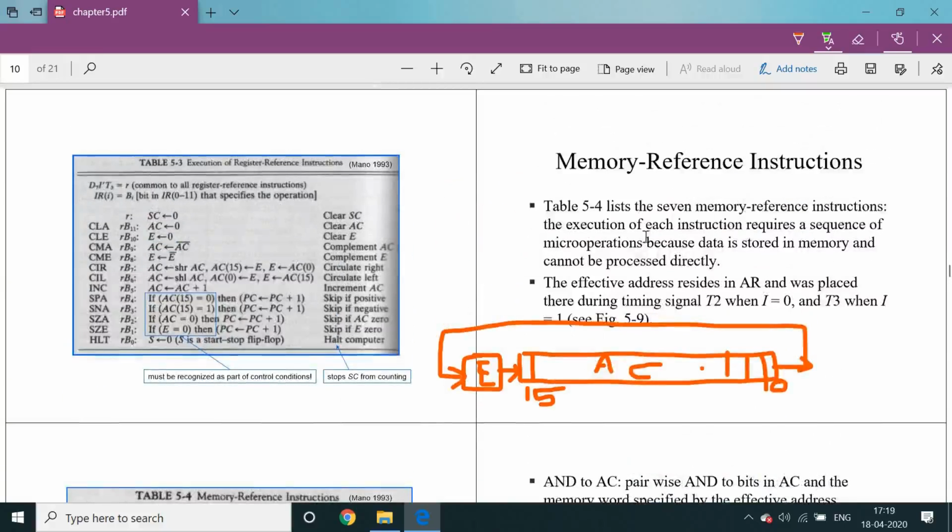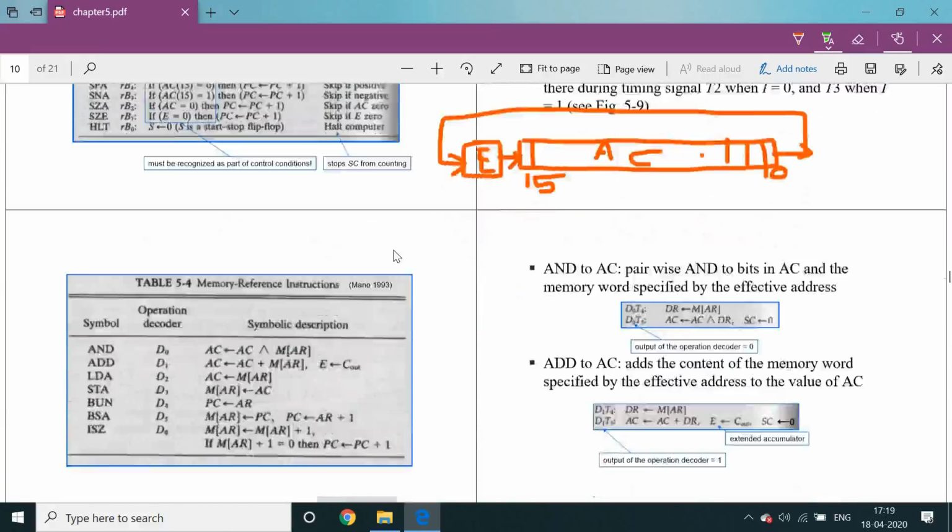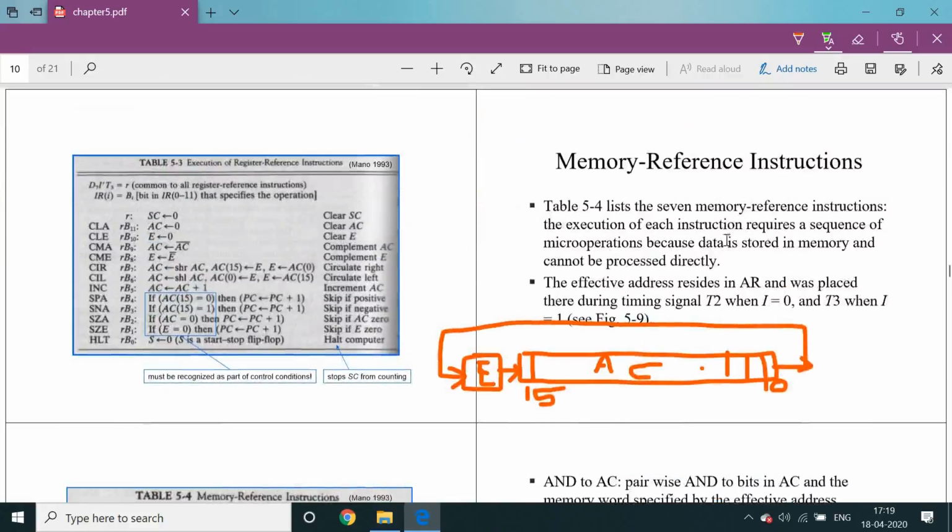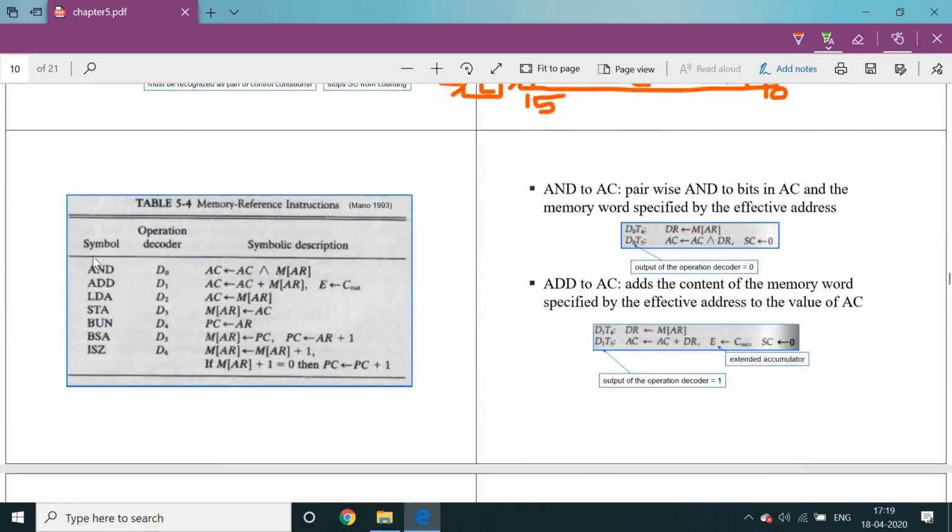So these are the register reference instructions. Next, the effective address resides where the address was placed, during time signal T2 when I is equal to 0 and T3 when I is equal to 1. Here these are the memory reference instructions. D0 indicates